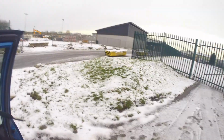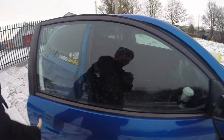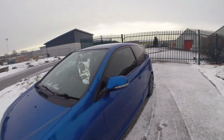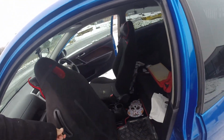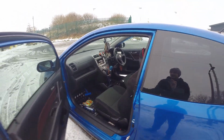Number 3, it is the seats, and I will explain why. Just leave the front for a minute, actually I'll leave that open. Although I've upgraded my seats to the Type R ones, it is exactly the same on the standard ones. If someone wants to get in on the side, it's easy if they just lift this up and it rolls back like that. However, on the driver's side,